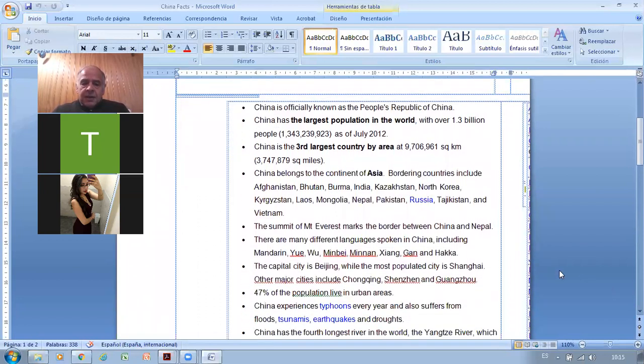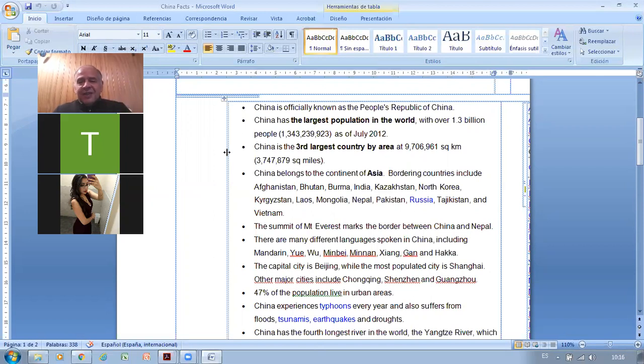Kimberly, read up to here, the summit of Mount Everest. Start from here. Okay. China is officially known as the People's Republic of China. China has the largest population in the world with over 1.3 billion people. As of July 2012, China is the third largest country by area at